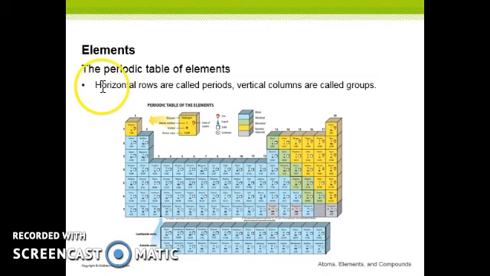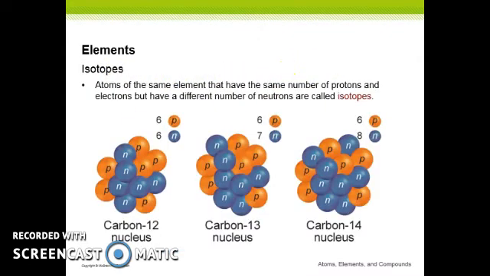Chemistry and the periodic table simply do not go away. So make sure you write down the periodic table of elements is a horizontal row called periods that is also made up of vertical columns that are called groups. As you remember from chemistry, isotopes are atoms of the same element that have the same number of protons and electrons, but they have different numbers of neutrons, and we call those